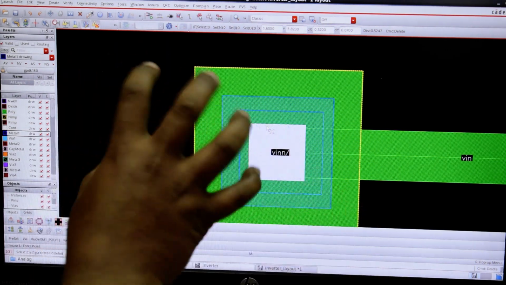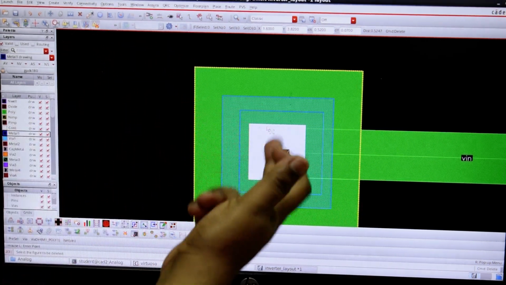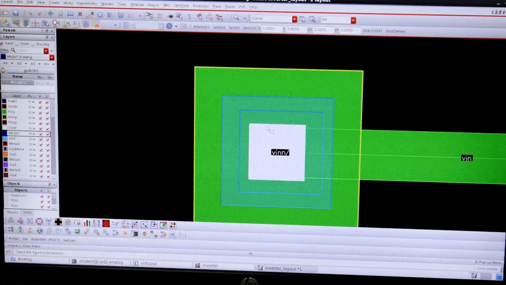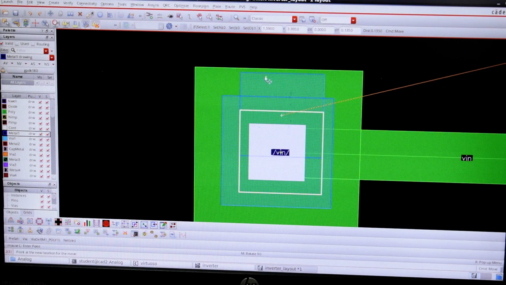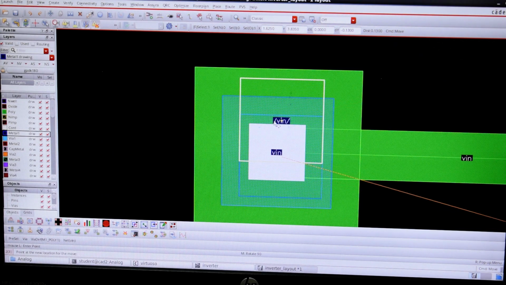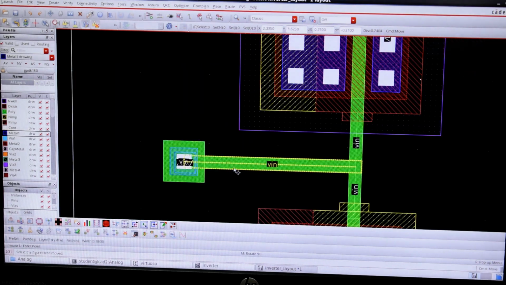Anyway, this is metal. It's a combination of polysilicon and metal, right? So that way you can connect. And the placing should be proper. You should not place this VIN like this, then again a DRC error will be there. You need to make sure it is placed in the center. Now VIN connection: both the gates are shorted, that is connected to VIN.